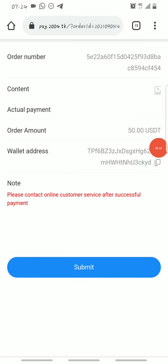So once you've sent it successfully, you can send it from any wallet that supports USDT, but make sure you're sending USDT on the Tron blockchain, that you're sending a TRC20 USDT. Okay, so once you send it, you click on submit, and you can contact the online customer service after a